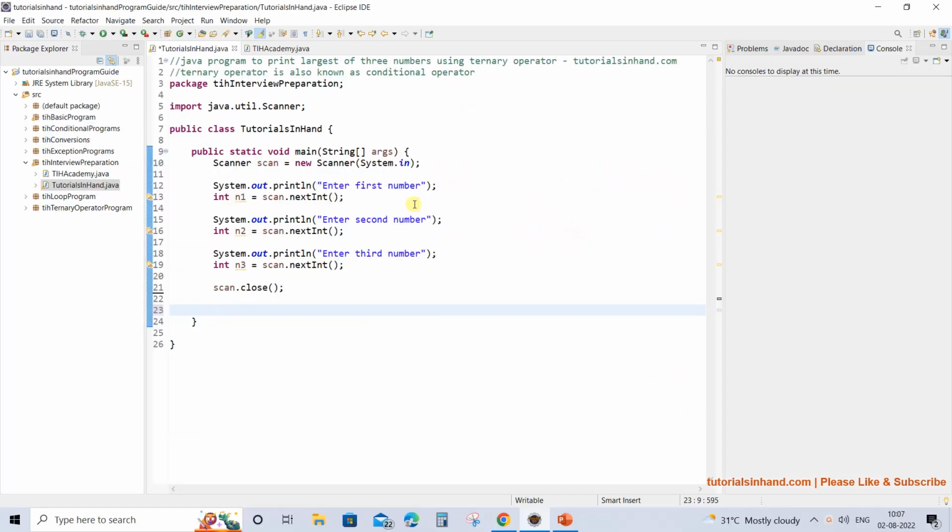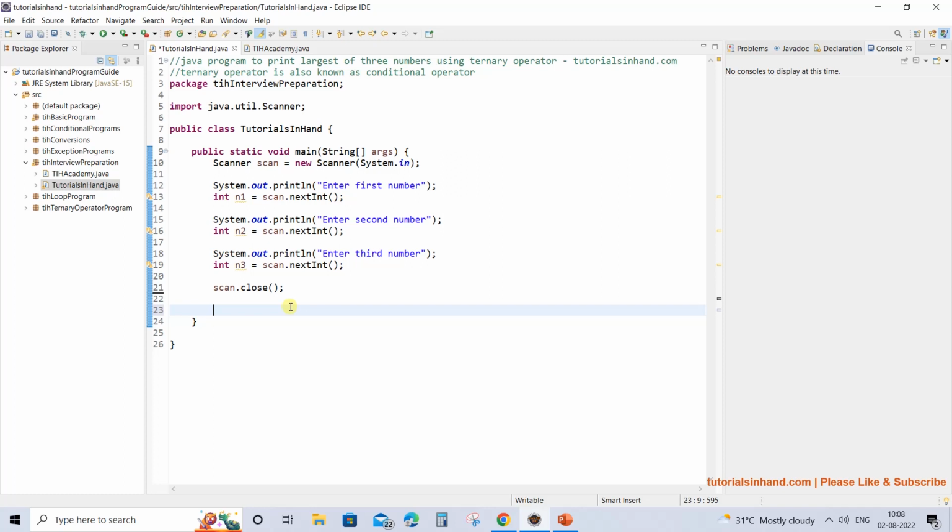So by now you must be aware of how we write the ternary operator using a question mark and colon. We have already created two videos on the ternary operator. One was finding even and odd, and another was checking positive or negative using the ternary operator, where we also saw how to write a nested ternary operator. You can visit those video tutorials, the link is in the description section.